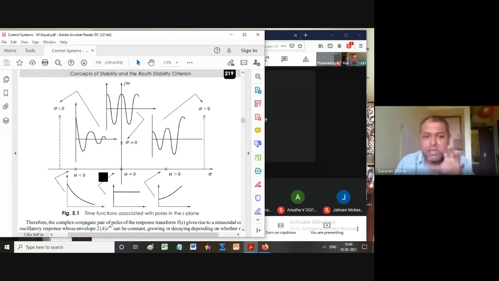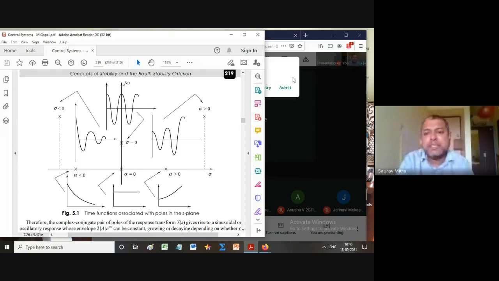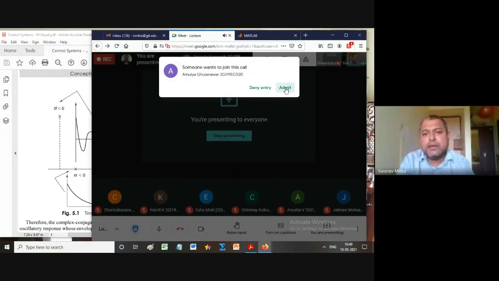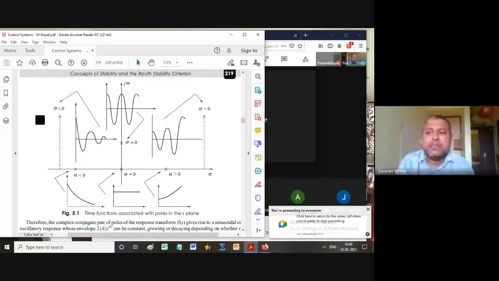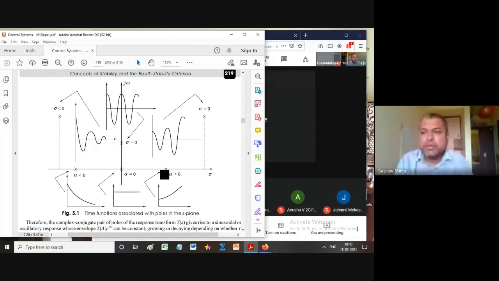Take the screenshot, only the graph part, and paste it in your document, whatever you are doing. Those who don't have a laptop, you can do this on your mobile, and whatever waveform you are getting, draw it properly. So I'll give you all the cases for impulse response, and I'll show you a few cases of how to get the step response and ramp response. The step and ramp responses you have to do afterward, and you have to put them in your journal paper.